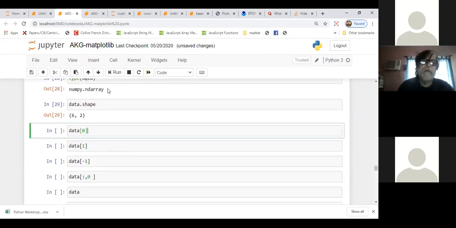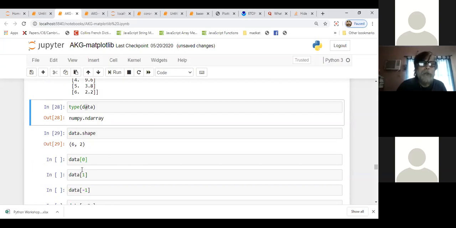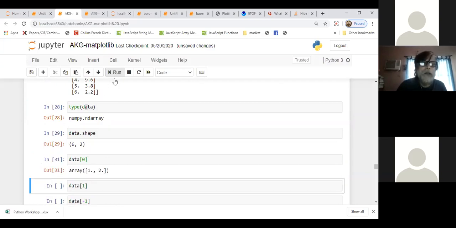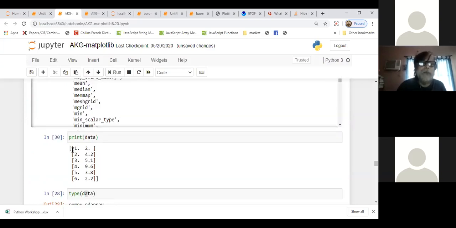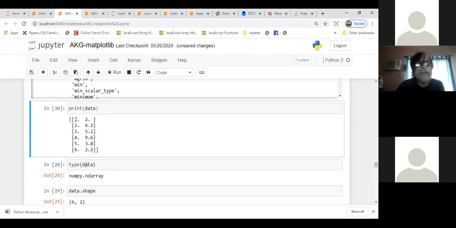Then you write data in square brackets, you write 0. That means the 0th element. It will show you this, 1, 2. This is the 0th element. Rows are automatically the 0th element, the 1st element, the next row, 0, 1, 2, 3, up to 5.